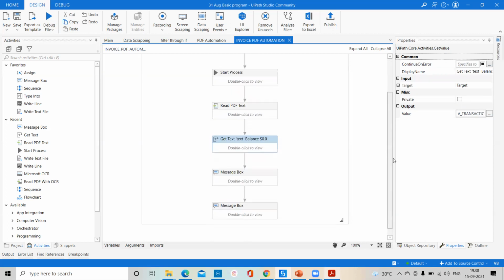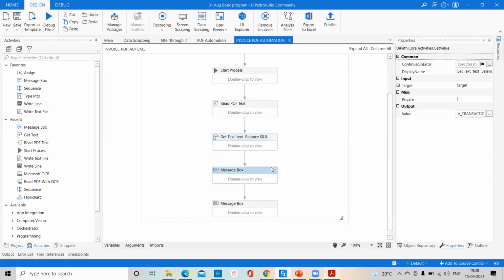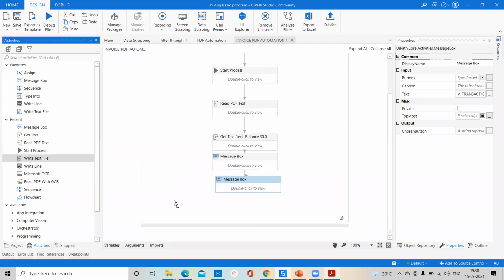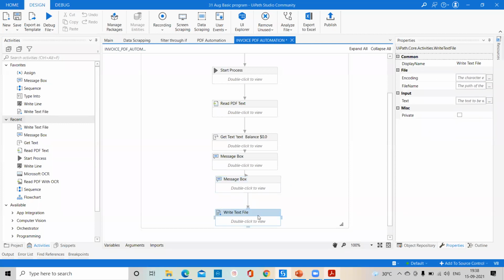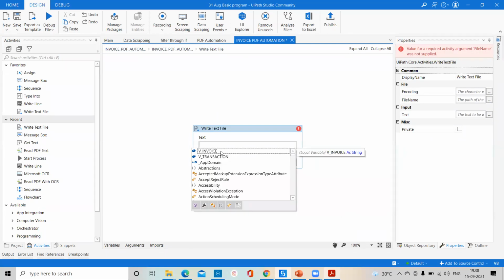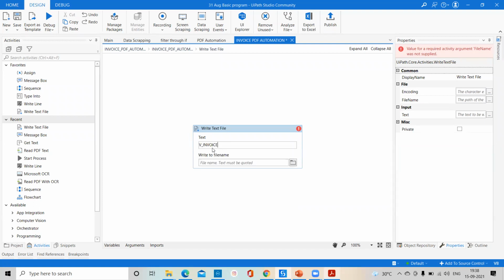So if you come here, whatever data we have already displayed, if you want to write it into one text file, we can use Write Text File and write all your data into one text file. The same variable, the invoice one, we pass here, and it will write all your data into the text file.